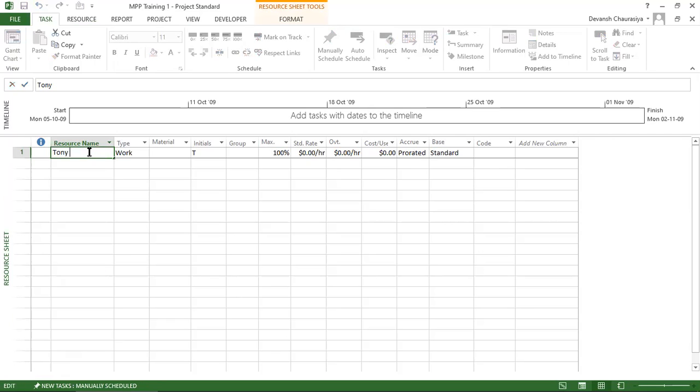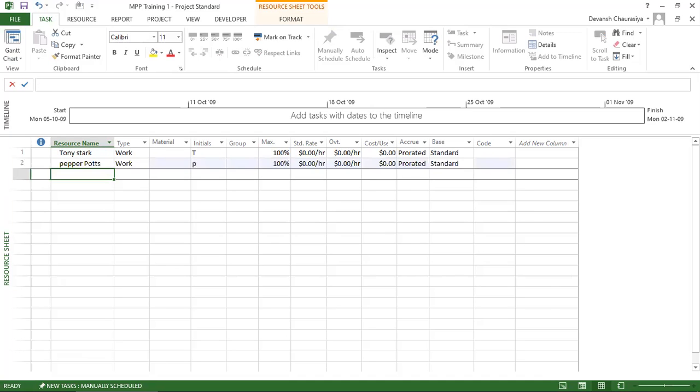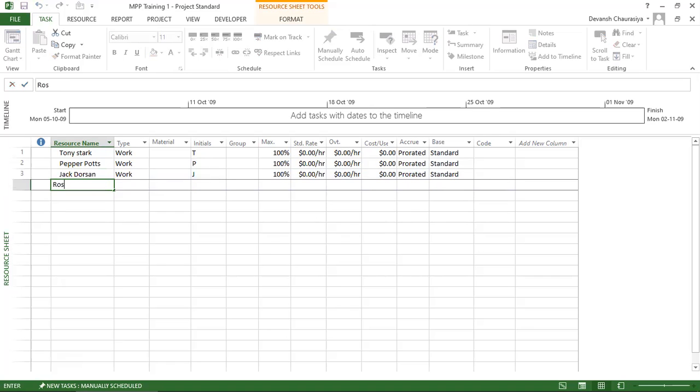So let me edit the name: Tony Stark. Okay. Another name is Pepper Potts. Another is, let's say, Jack Dawson. Another is Rose.